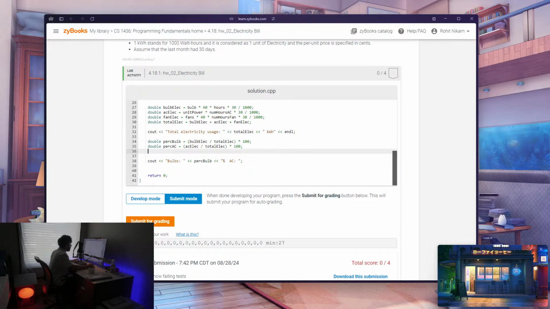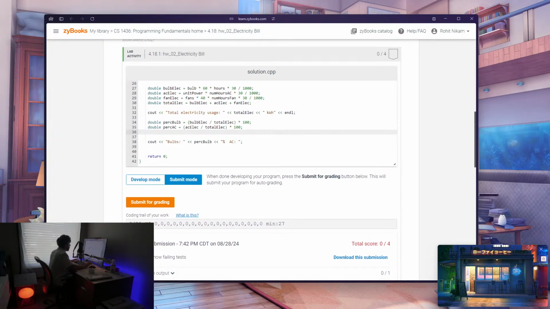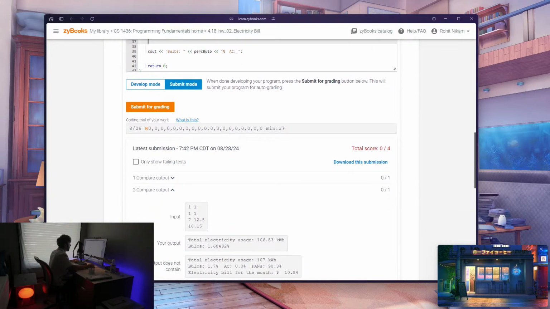Add spacing. Okay. Double percent AC. What else? Percent AC fan AC. Double percent fan. Okay. Fan elec. Alright. Total elec. Percent fan. So that's that. So now